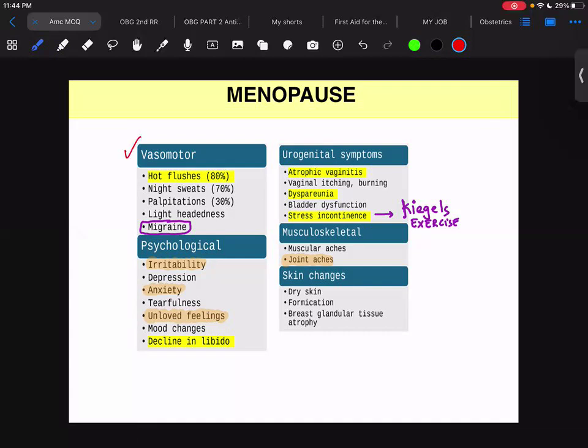The symptoms can be divided into five categories: vasomotor, psychological, urogenital, musculoskeletal, and skin change. If we talk about the vasomotor, it is hot flashes, night sweats, palpitations. Among all of these, 80% of the patients would have hot flashes. Migraine could be one of the possible symptoms of menopause. Irritability, depression, anxiety, tearfulness, unloved feeling, decline in libido, atrophic vaginitis,